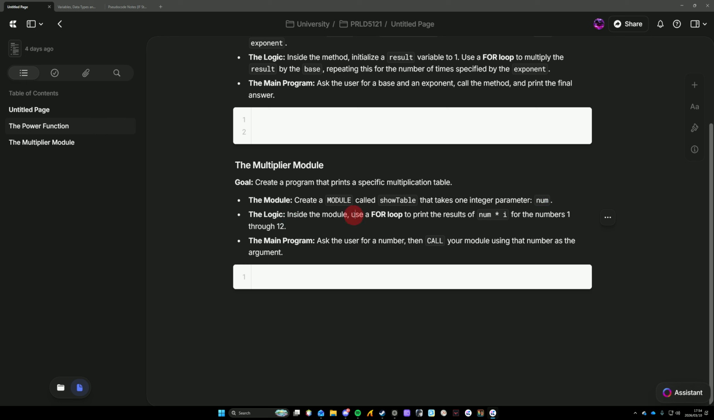Inside the module, use a for loop to print the results of num times I for the numbers 1 through 12. Then it says in the main program, ask the user for a number, then call your module using that number as the argument. Alright, so when you're dealing with pseudocode questions that involve modules, what I recommend is you